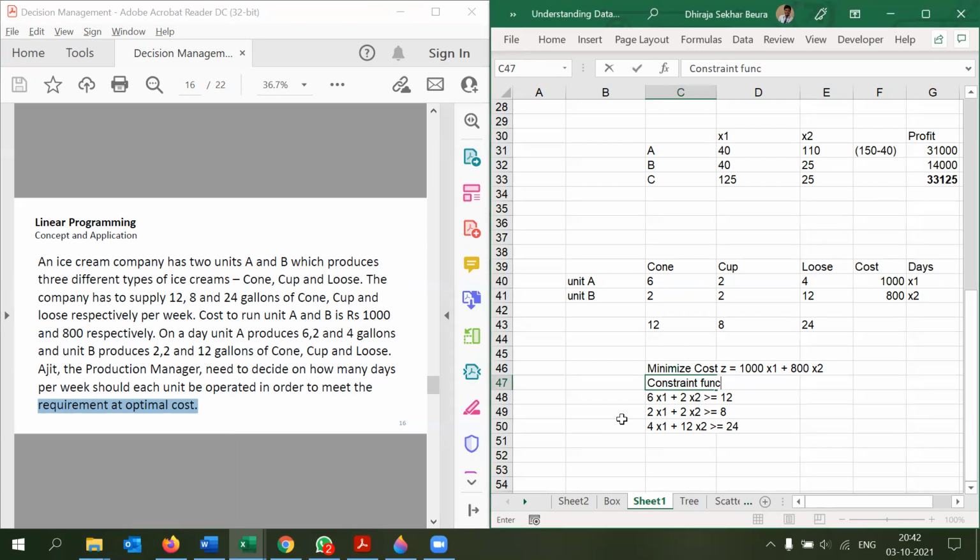Now this part, what is the role of 12, 8, 24? 12, 8, 24 are here, no? Can you see this? Okay, that's good. Every value is used. So what I was saying was, finding out the objective function and constraint function is so important. I'm telling you, in CA exams, they put 5 marks questions just to find out objective function and constraint functions. Forget about solving. Just finding out the objective function and constraint functions is also very important.